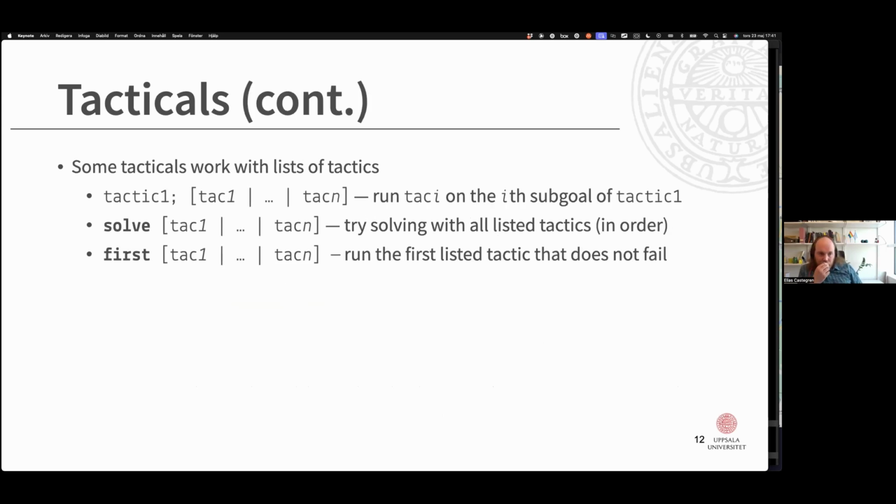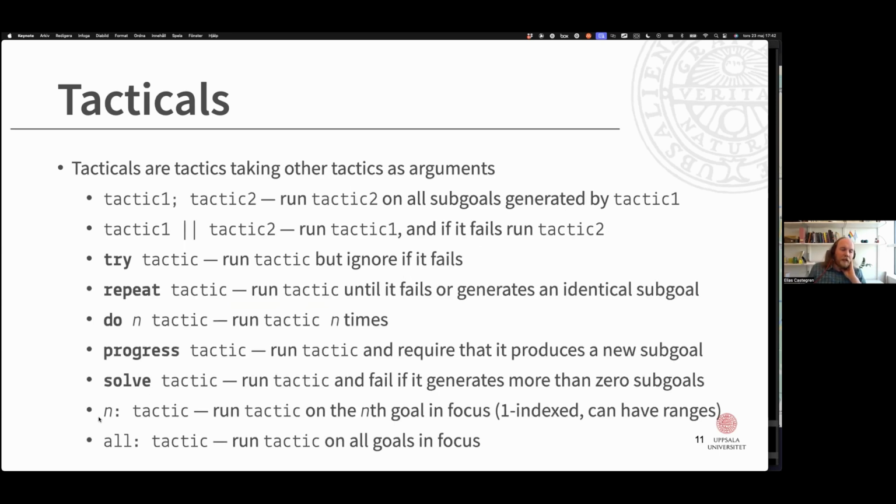Some of these tacticals, they will work with a list of tactics. Sorry, there was a question in chat. Is it a good idea to use numbered goals as in n colon tactic? Is it stable between Coq versions? I'm pretty sure that it's stable between Coq versions. It's not, however, stable if you extend your